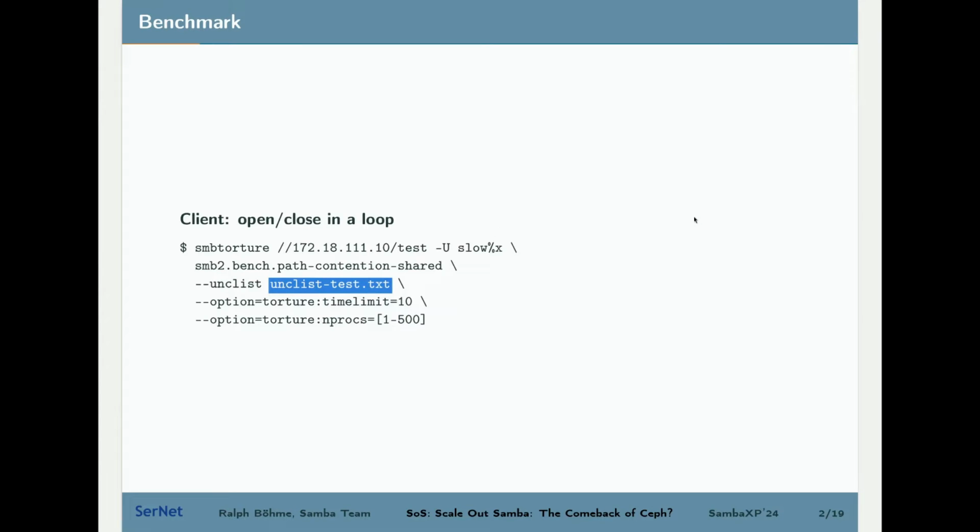So for my tests, I used a very simple Samba cluster with 3 nodes. In this UNC list text file, I just specified the list of the 3 IP addresses of the CTDB nodes. I'm not showing it here, I'm sorry, maybe I should have done that. And that's basically the benchmark.